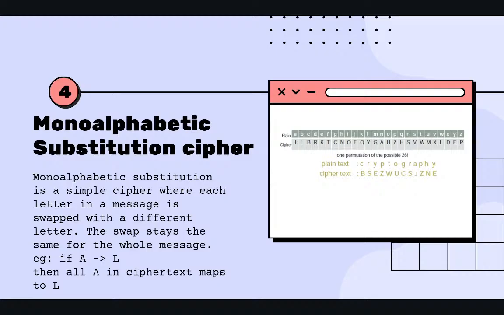One peculiarity of substitution cipher is that we can perform frequency analysis on the ciphertext to get hints about the plain text, because the letter frequencies of the plain text stay the same in the ciphertext. It's just that the characters will be different. So we could take the most frequent letter in the ciphertext and map it to the most frequent letter in the plain text, do this mapping for each letter, and get the plain text back. We'll discuss frequency analysis in more detail later.